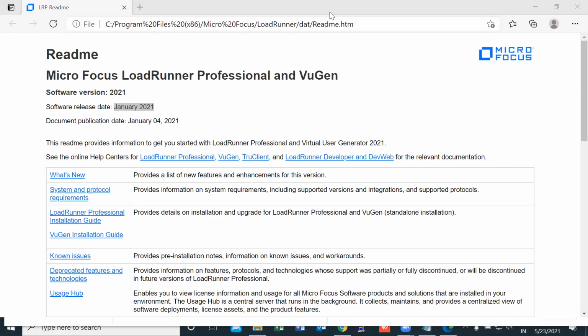And there is system and protocol requirements. I showed you that system requirement document just now. If you click on the system and protocol requirements, it will show you the system requirement documents that we have.